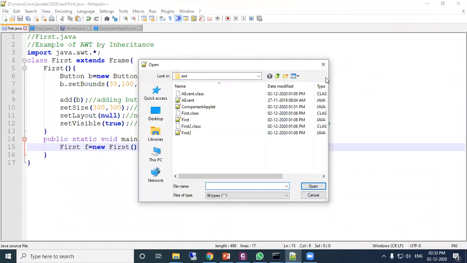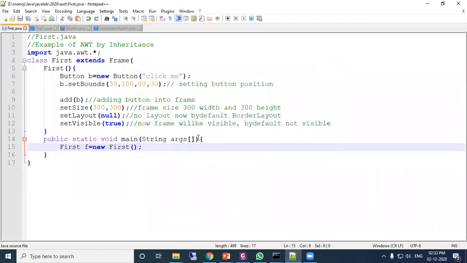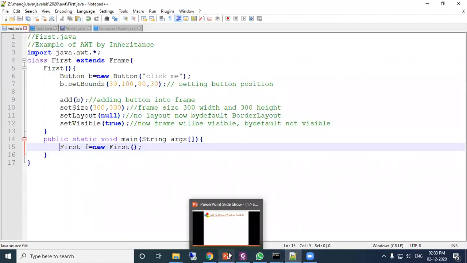This is your window screen, in which there are some options, a text box, command buttons, and some graphical buttons. This is one type of window screen. Similar applications you can design using the AWT program.